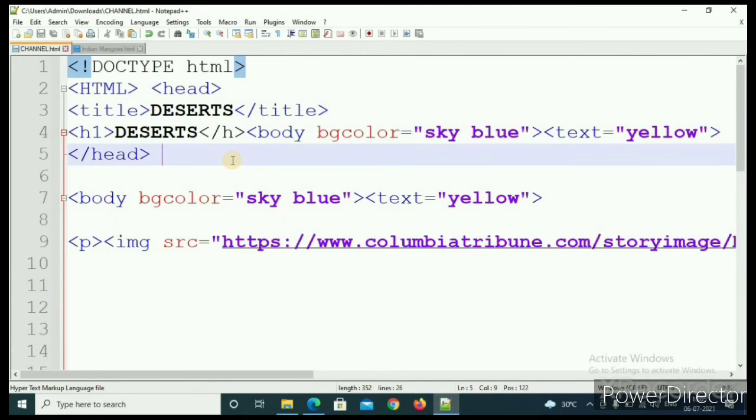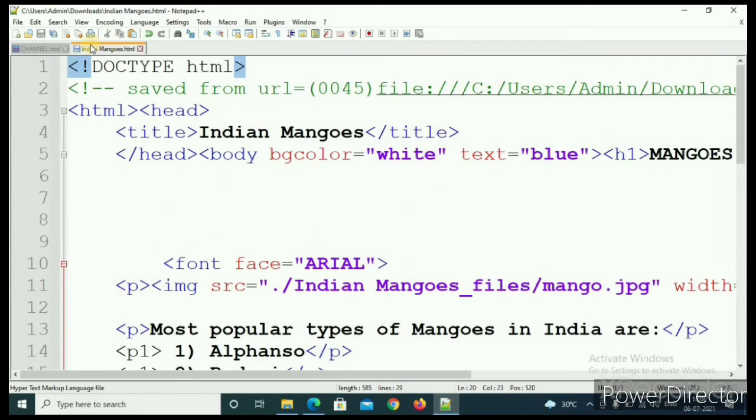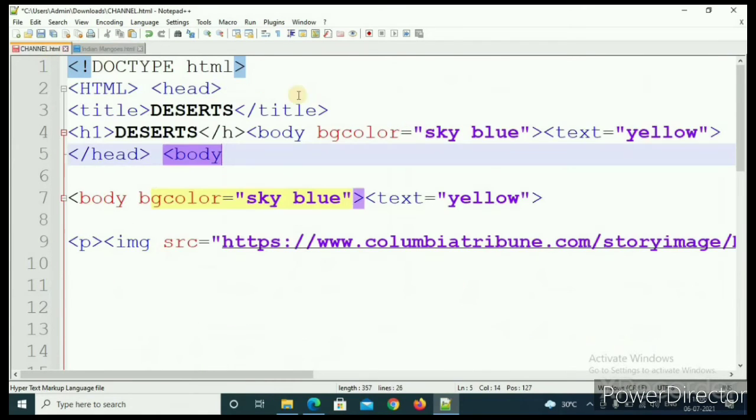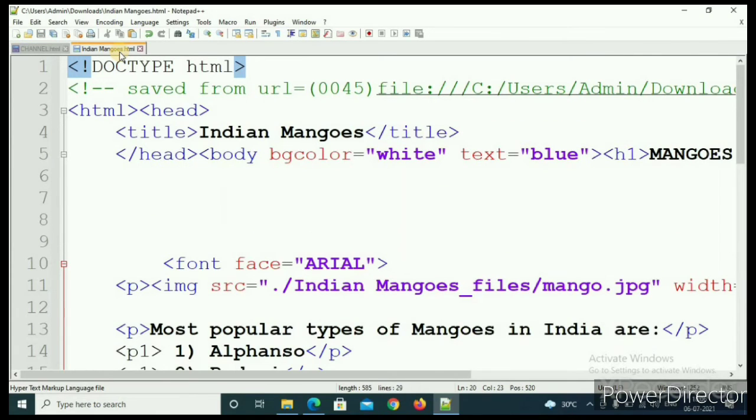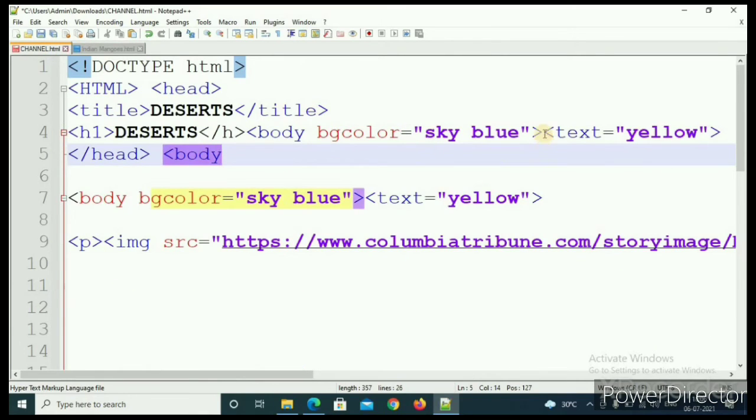I think here I have to write body, body bgcolor is white. Okay, wait. Let me wait.